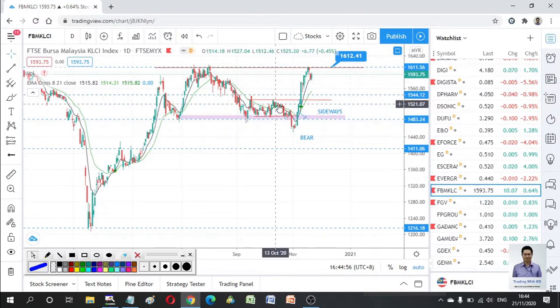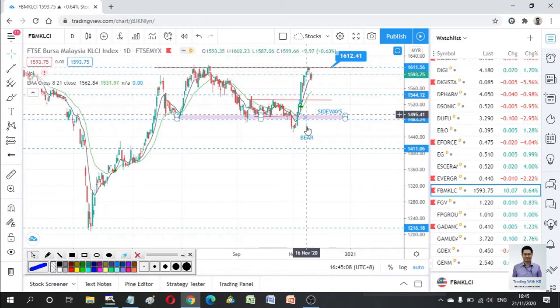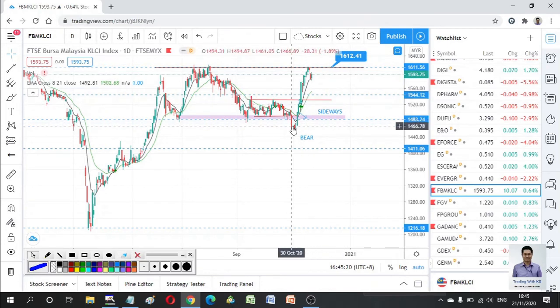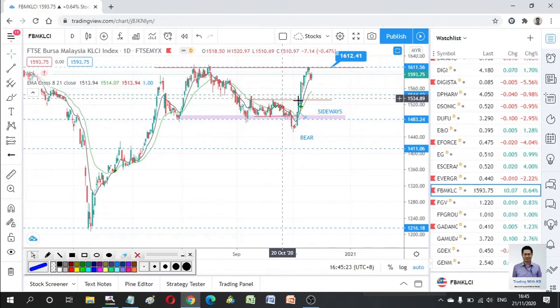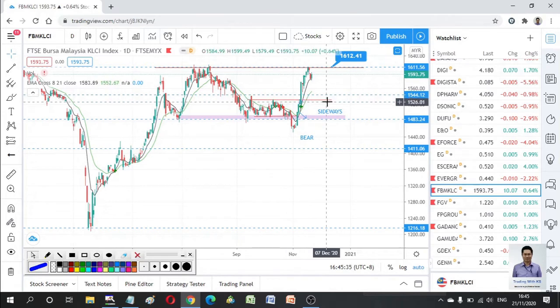On the KLCI, we started talking about this area where the price broke down to indicate a bearish market, but the price quickly went back up into the consolidation, which indicates a false break. A false break will normally, though not 100% of the time, result in a break at the other side of the consolidation. So the price went back and broke to the bullish direction of the consolidation area.